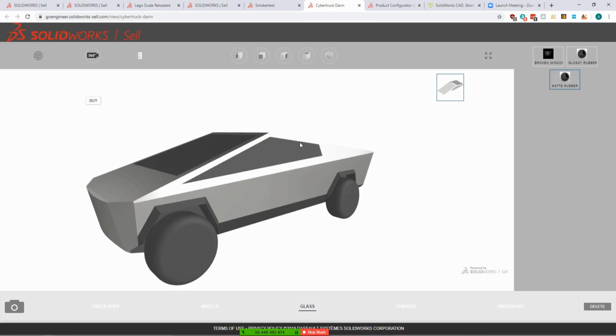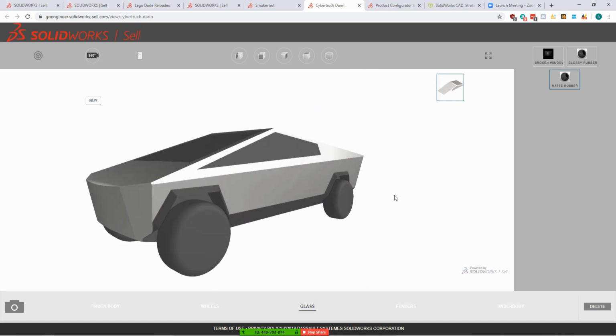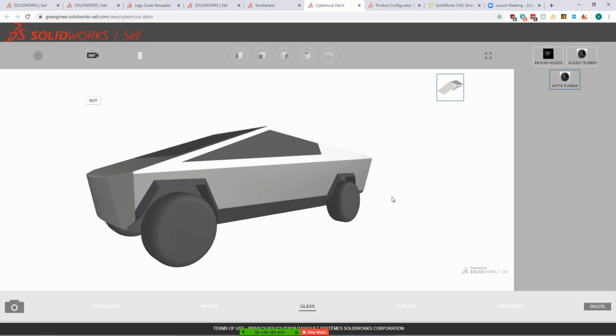Going to start off with the Cybertruck. Haha. One of our engineers was clever enough to model this up as soon as it came out. He took some pictures of it during the release and we modeled it in SolidWorks and then threw it into Cell so we could create some renders. So what's really cool about this is a SolidWorks file that's been uploaded to the Cell domain essentially, and we're